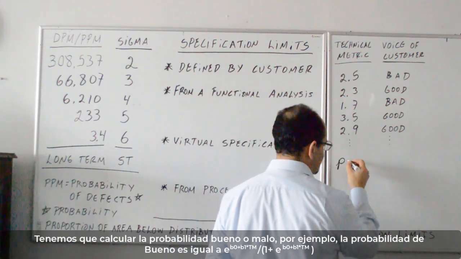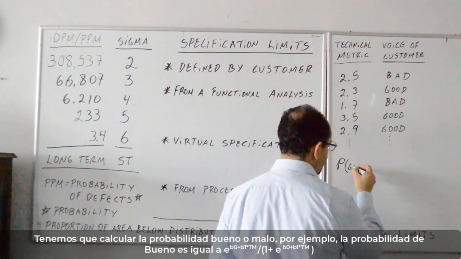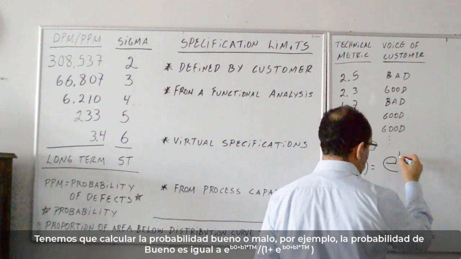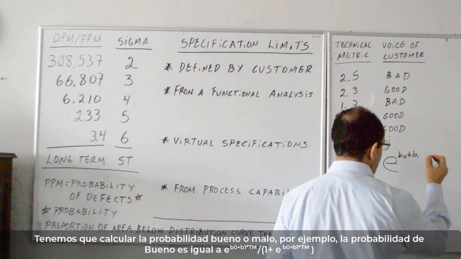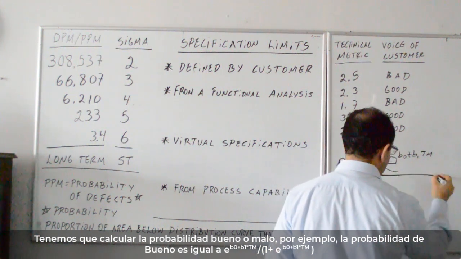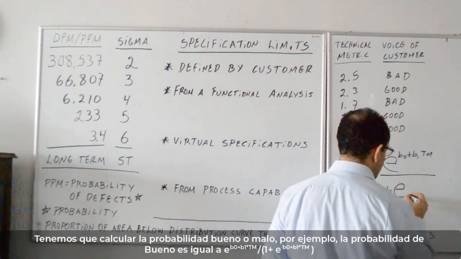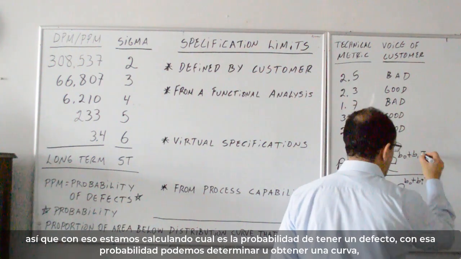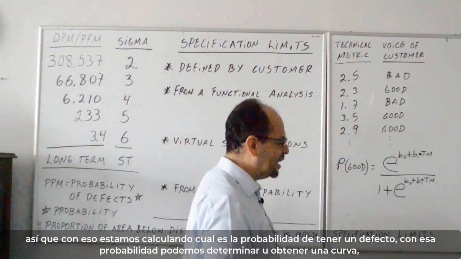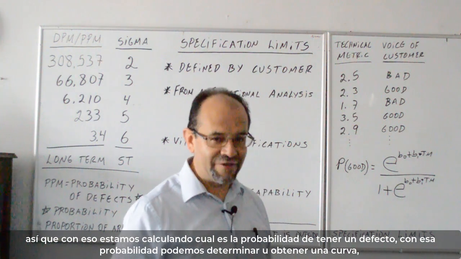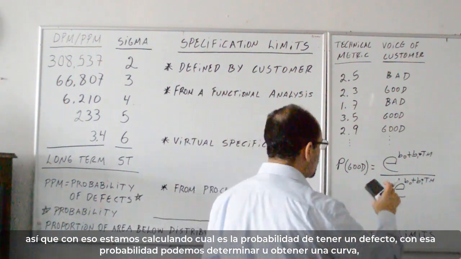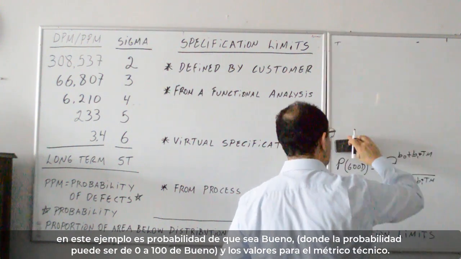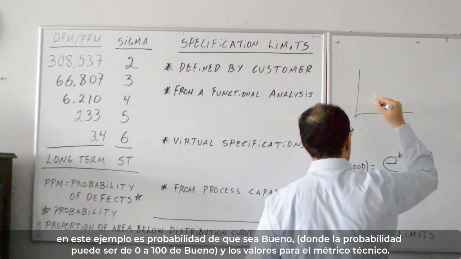For instance, if I state the probability of good is equal to e exponential of B0 plus B1 times the technical metric, divided by 1 plus e to the B0 plus B1 times the technical metric, and so on. With that, we are calculating the probability of having a defect. With that probability, we can obtain a curve. Let me take a look at this one. We can determine our probability